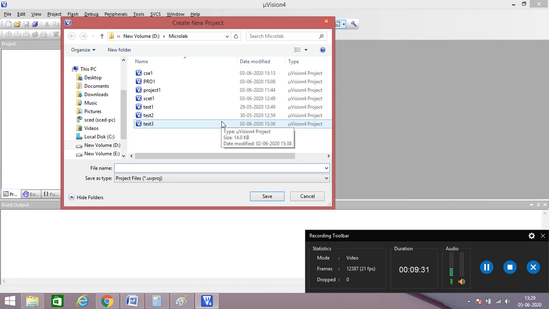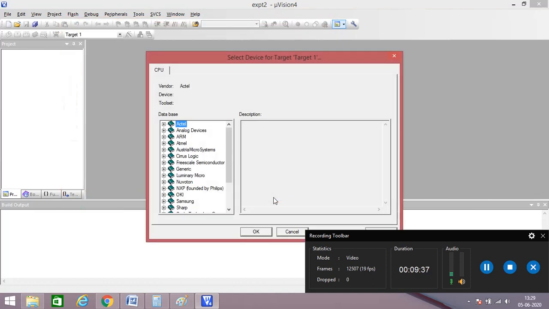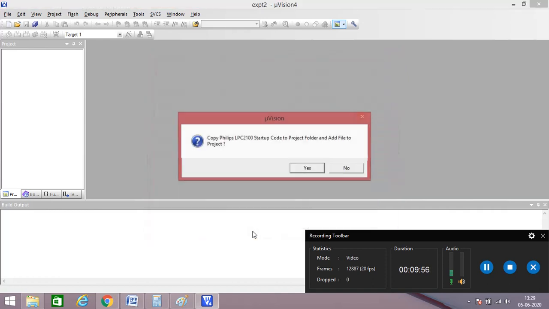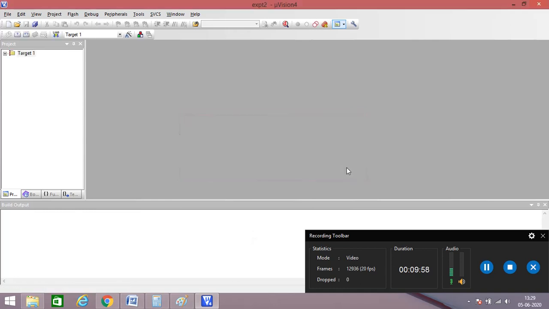This is experiment 2. Select NXP Semiconductors, LPC2148. Click OK, say no to this.